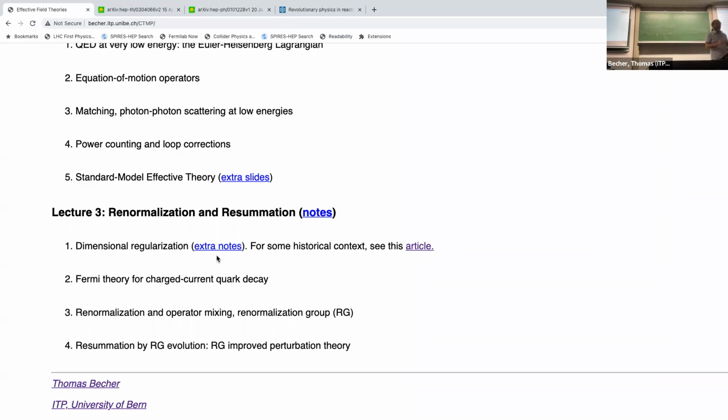So I just want to double check. So you substituted for d and set n to 2. Yes, exactly. So this is the I2 at d equals 4 minus 2 epsilon. And now I could expand this in epsilon. So I'm guessing, what is the n? Maybe I've lost track of what n is. n is just how many propagators I have here.